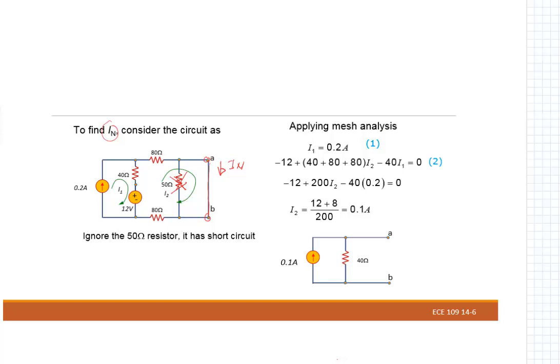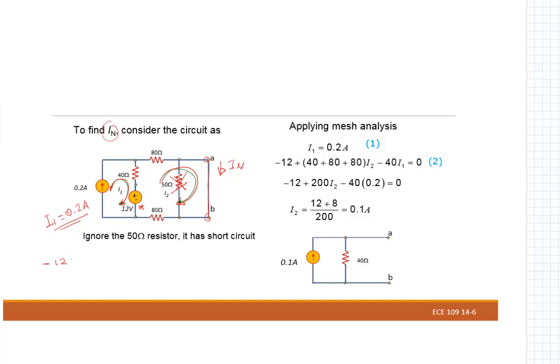When we look at here, we can write a mesh equation or node equation. Mesh equation: this is I1 right there. Easily we can see that I1 is equal to 0.2 ampere. Why? Because this is the one going right there, you can see right there. The second mesh will be from here all the way going this way here, because that 50 ohm is not there anymore. So if we start from this point right there,